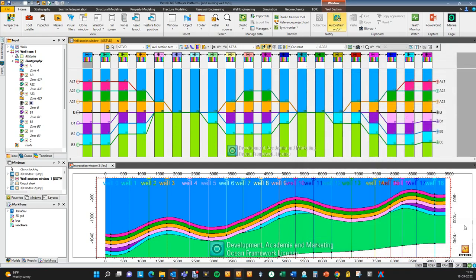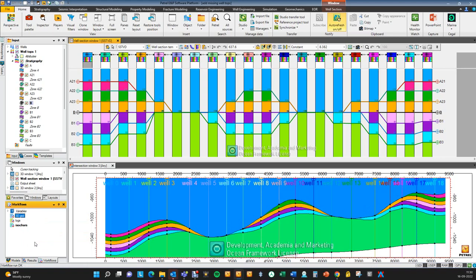So now we can try to rerun the structural model and have a look at what goes on when the missing tops have been added to control those zones in this interval. So now you can see that the structural model is correct. Petrel is not adding lots of zone intervals that are really not present. If you don't like what happened here and you want to get rid of your collapsed tops, we can go over here